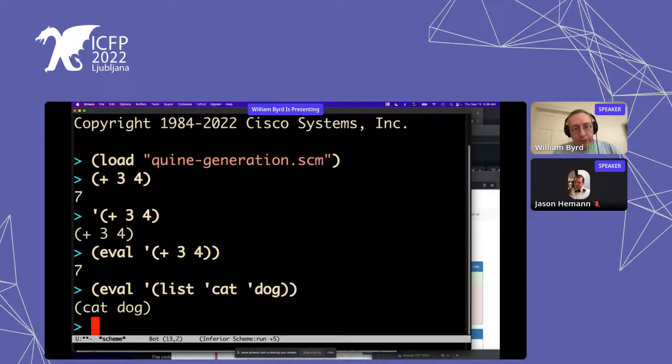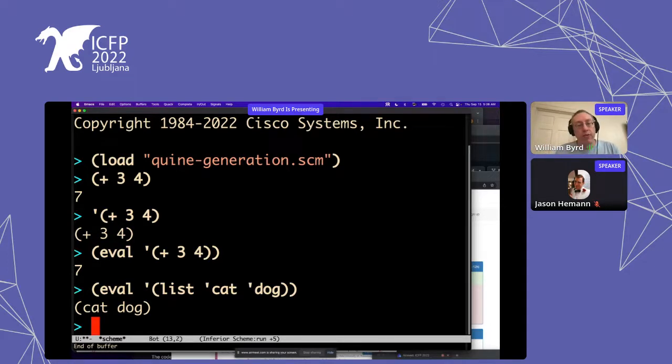So the idea of this relational Scheme interpreter is that instead of eval, we have the miniKanren version of eval. Instead of eval being a one-place function that takes a datum and returns the value of that datum, or basically a quoted expression, instead of that, we're going to have a two-place relation that takes both an expression and